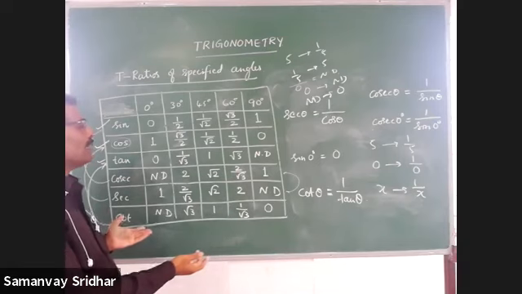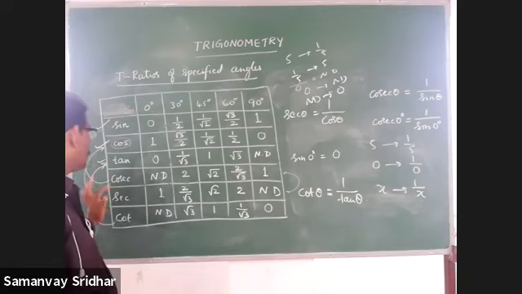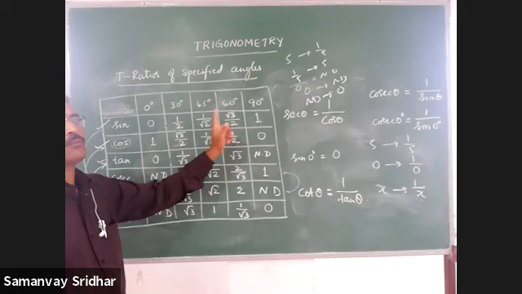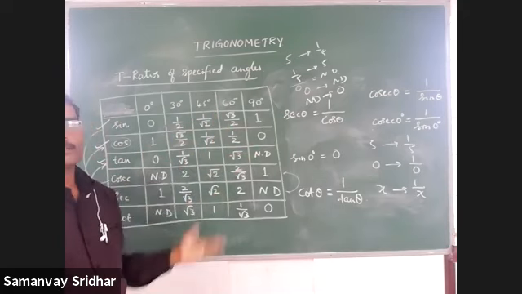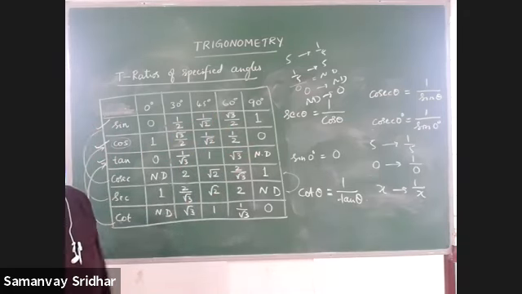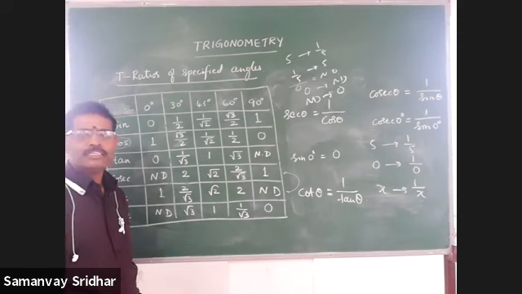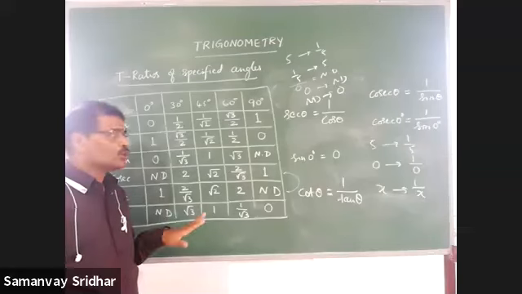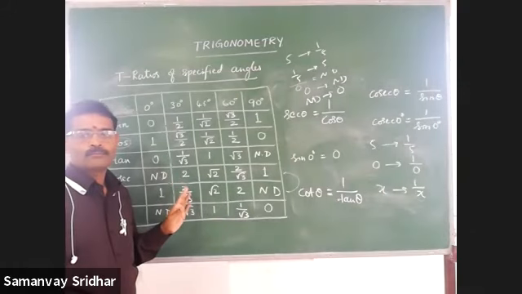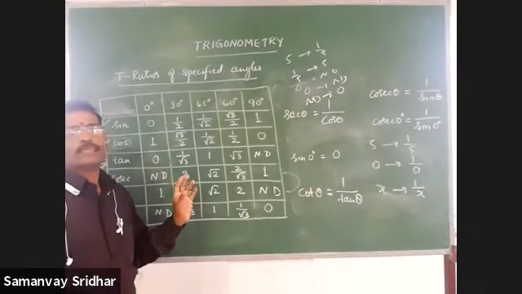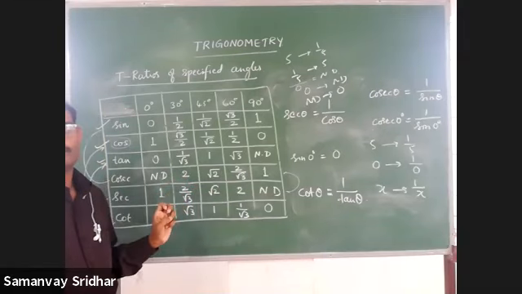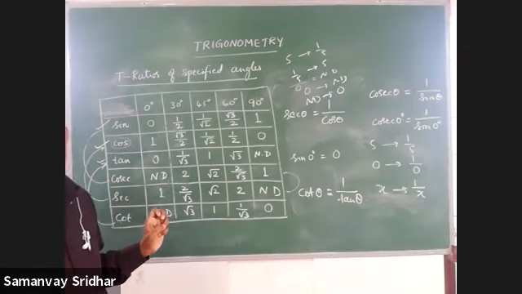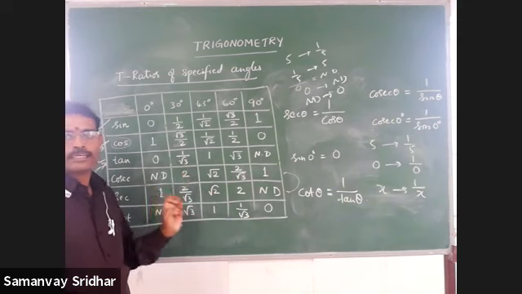Using a technique, we computed all these values. How many values are there? 1, 2, 3, 4, 5, 6; 1, 2, 3, 4, 5; 6 fives are 30 values we left. Easiest way out. Okay? Right? Please don't worry. You have to use this technique and write it in the table today at home. Use the technique and write.